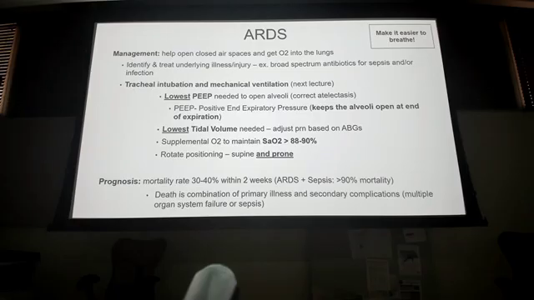But at the end of the day, the two most important goals are to open those air spaces, open those alveoli, and get O2 into the lungs. There are a number of things we can do. We want to start getting that gas exchange. To do that, we need to figure out the underlying illness or injury. If it's infectious, we need to figure out what is causing that infection.